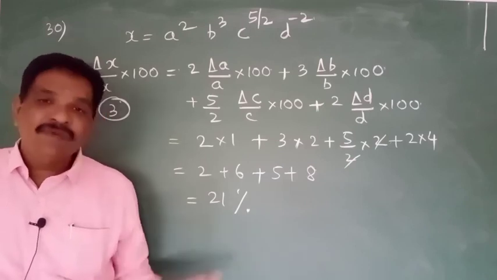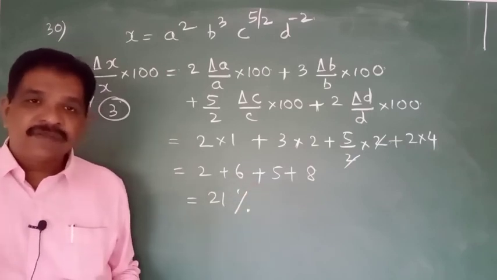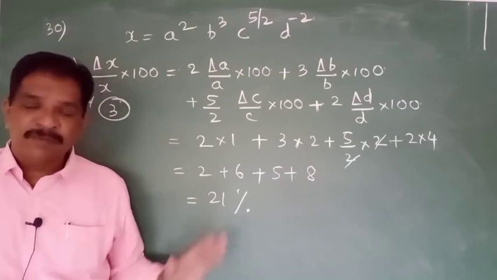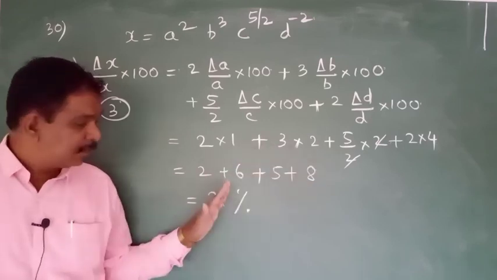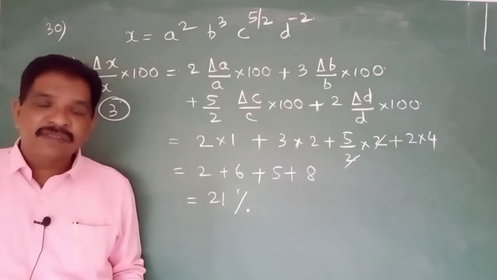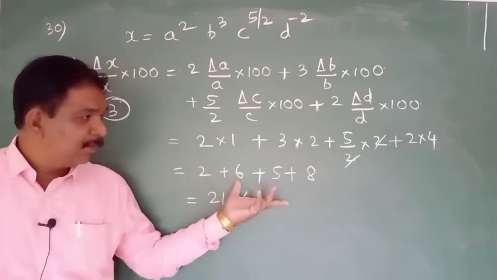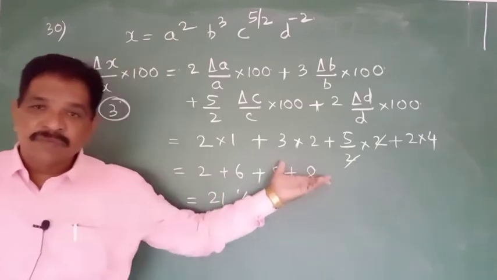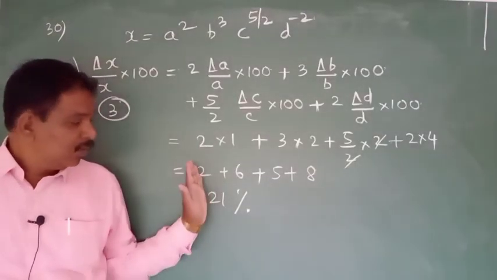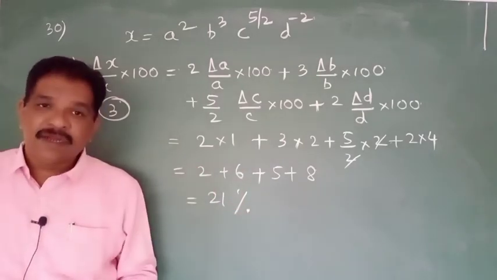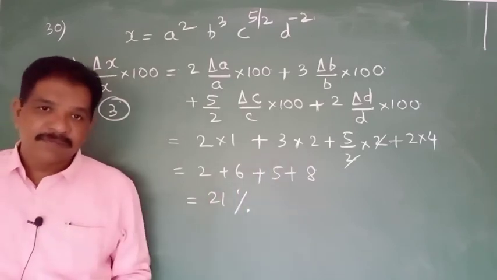Okay, so with this we will stop for this lecture. We will continue the remaining. On an average, we are doing 15 to 20 problems per hour per lecture. So maximum 4 to 5 lectures, this chapter will be complete. Then we will start the second chapter, motion in a straight line. Before that, the theory part will also be completed. Then we will go to the objective part. Like that, we will complete both the NEET objective and theory parts simultaneously.